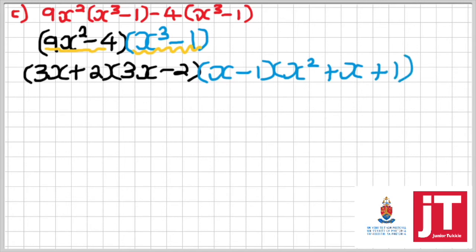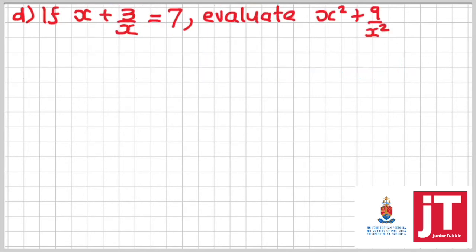We move on to the last question, where we're told that if x plus 3 over x is equal to 7, evaluate x squared plus 9 over x squared. So we start by rewriting the original expression. That's your x plus 3 over x, which is equivalent to 7. The basis of simplifying or evaluating that question would be to try to link that original expression to that new expression. So the only way to do that is through